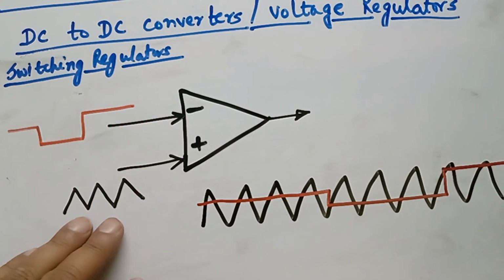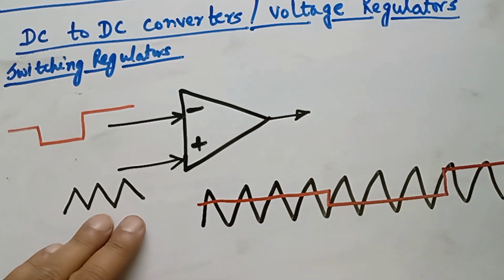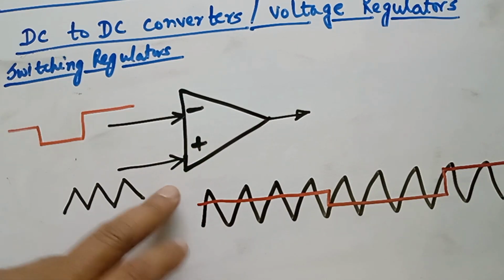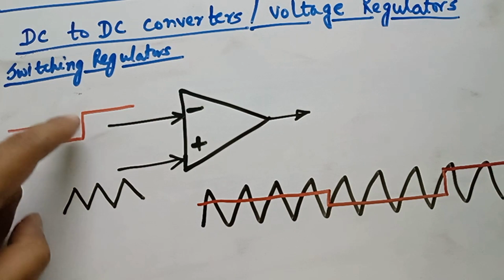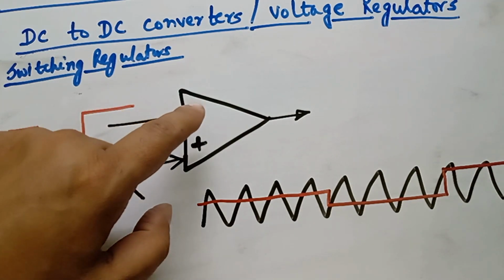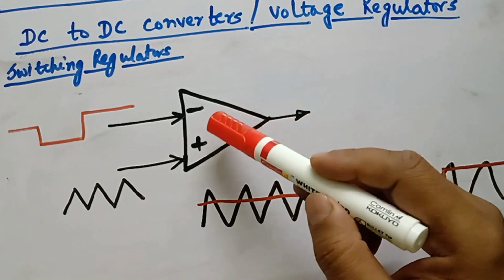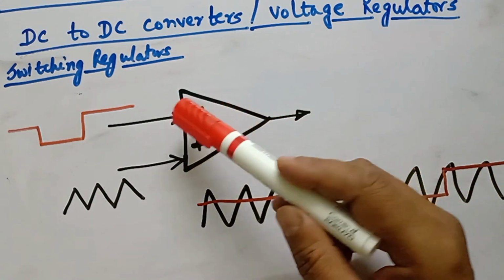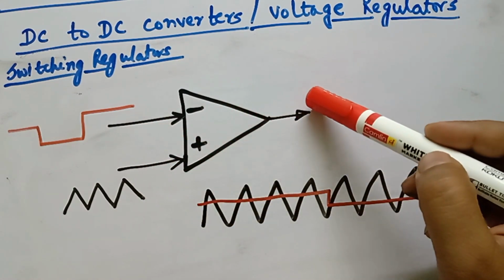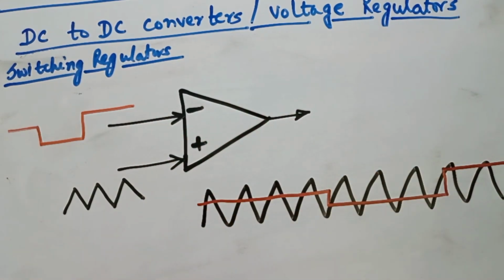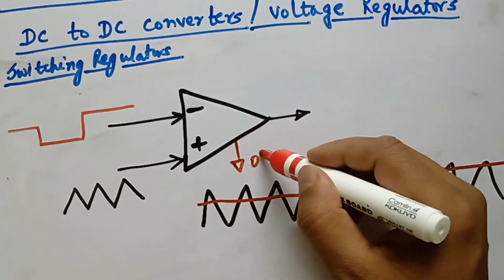Assuming that we feed a constant sawtooth waveform or a triangular waveform to the non-inverting input, and we feed a DC voltage of various different levels to this inverting input, let us see what actually happens. The property of this comparator is, if negative is more than positive, then output is negative, to the maximum negative voltage available here. So assuming this is say 0 volts,